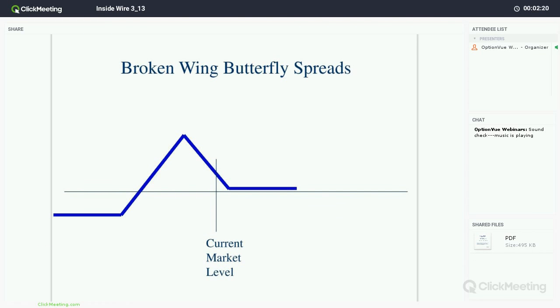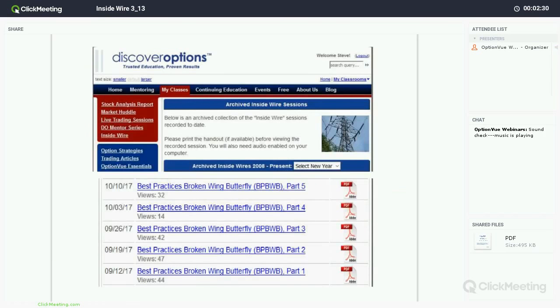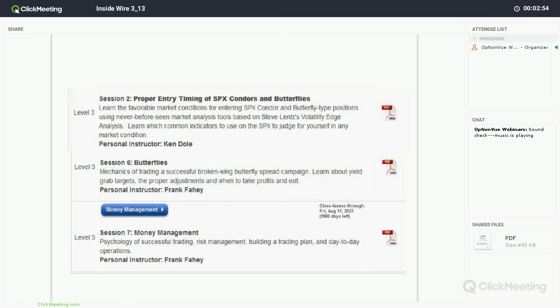Okay, so just as a quick review in terms of the approach that we take, we do a broken wing butterfly approach, and it's offset in the puts, and this is what the expiration risk graph would typically look like. And this comes about from the best practices series we did in the fall of last year, and I did a 5-parter as we explored the best practices taken from several different practitioners of this broken wing approach, and compiled it into a good method that produced the best returns that I've seen back testing wise,